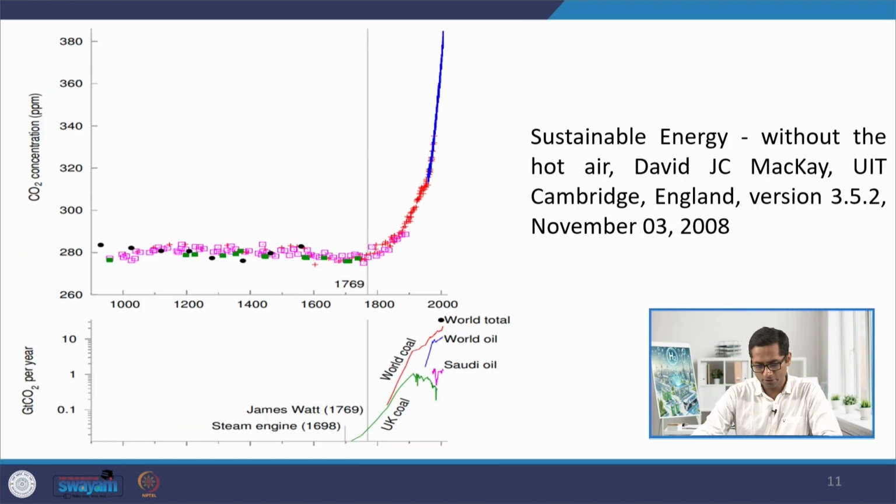What is interesting to note here is, along with this rise in CO2 is also a coupled rise with the global use of fossil fuels. We see it was basically propelled by the use of coal in the UK, because that was the epicenter of the Industrial Revolution. Further, the world coal production picked up, and then we had the oil use picking up in the US and the Middle East, and closely coupled, what we see is the CO2 rise.